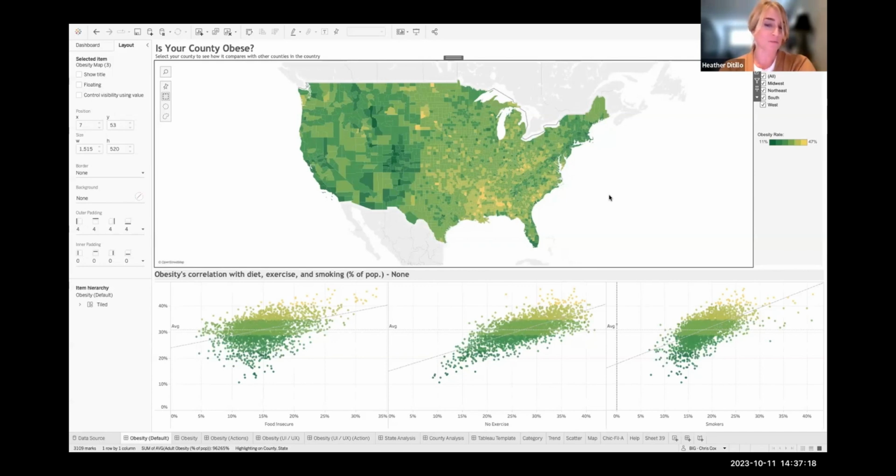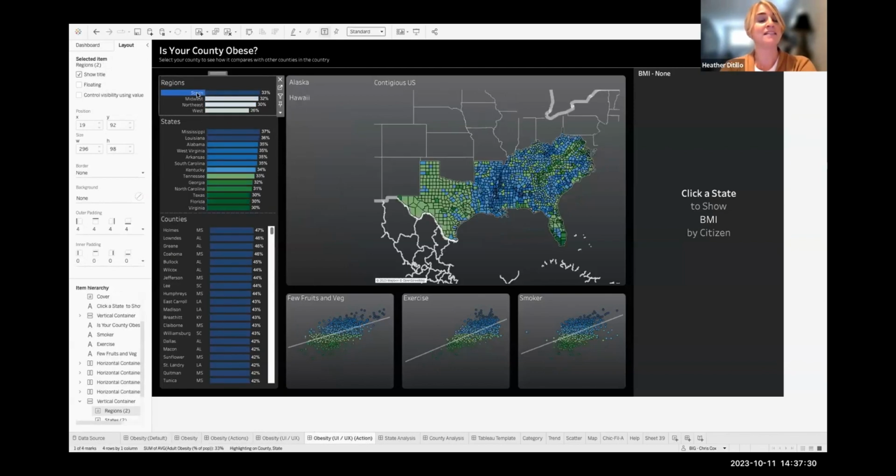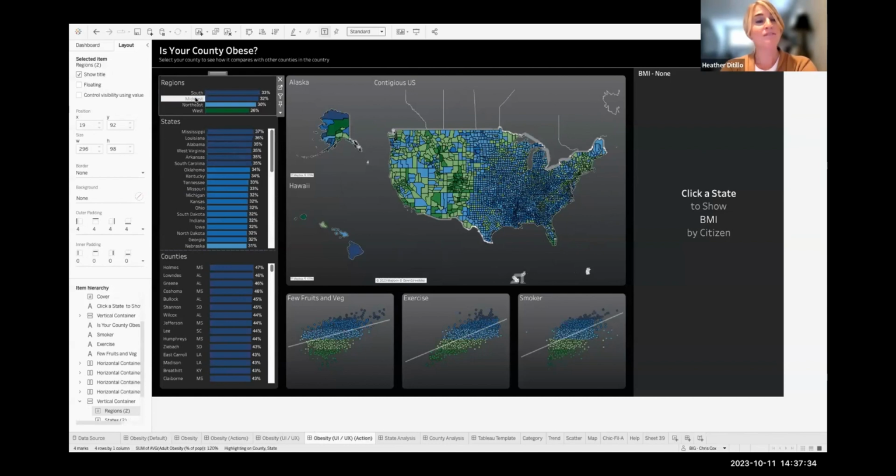So if you go to where Chris was creating the original dashboard, Chris, and you start looking at this, now you'll look at the regions, and we can more clearly see in that top left, the South has the most obesity, followed by Midwest, then Northeast, and then West, right? Because now we've taken those options that are in the filter, we've made them into a horizontal bar chart that we can now use dashboard actions. So when we use that real estate, we're now seeing that it's also ranked, right?